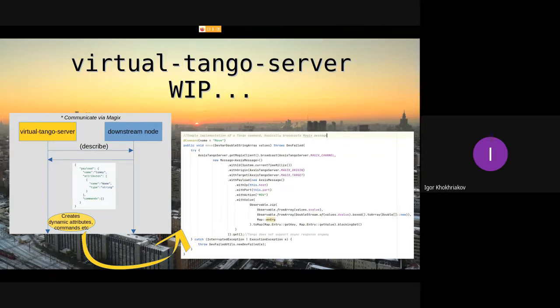And the idea is basically for our virtual Tango servers to send some describe message to our downstream nodes. So, for instance, if we have some device implemented in, for instance, DOOCS, it will send its description, saying, for instance, its name, attributes, commands, and so forth. Obviously, there is some communication protocol between them via Magix. And what the virtual Tango server then does is create these dynamic attributes and commands, and an implementation of such, for instance, a command